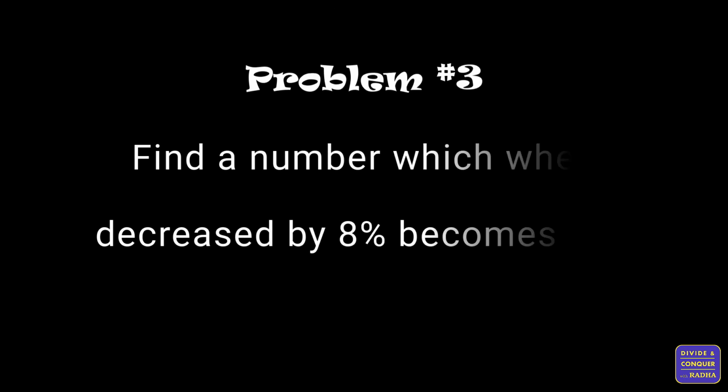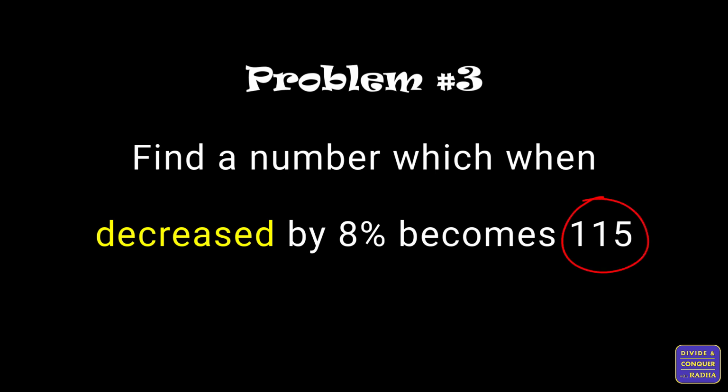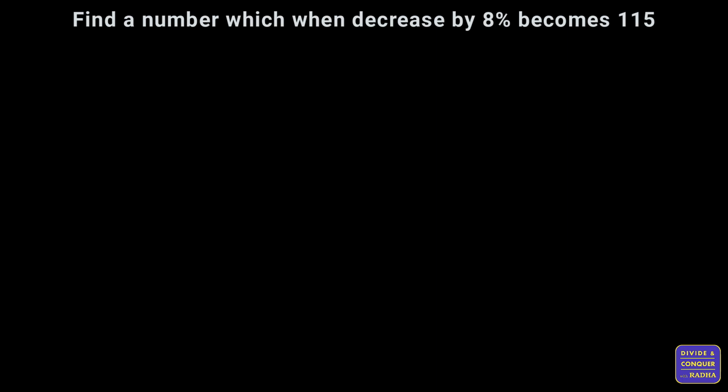Moving on to the third sum, find a number which when decreased by 8% becomes 115. In the previous two sums, if you had noticed, an increase in percent was given. Here we have decrease instead of increase and a new number is given. We need to calculate the original number. So the very first step, let's assume the original number to be x, and the second step, let's calculate the